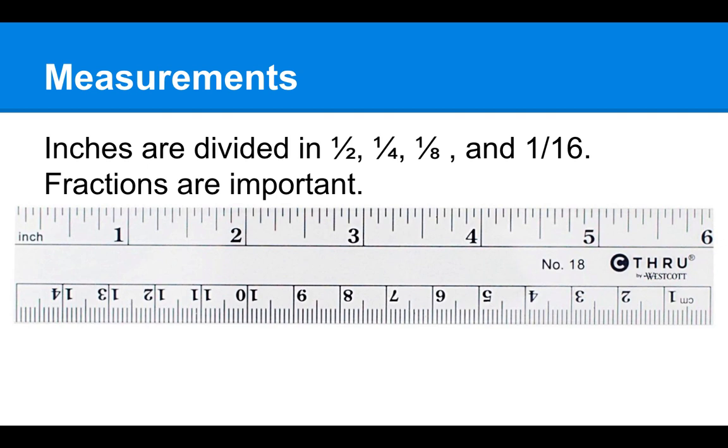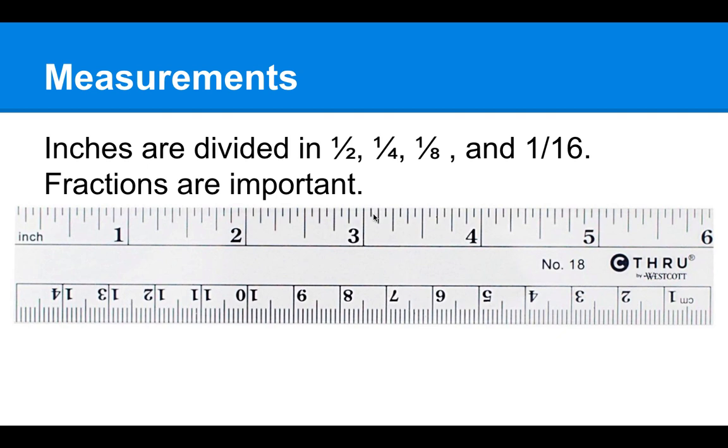Standard measurement is in inches, and inches are divided into halves, fourths, eighths, sixteenths, and even thirty-seconds on some rulers. So for standard measurement, what we use here in the United States, fractions are incredibly important. The way you would look at this is 3 inches. This mark would be 3.5. This mark would be 3 1/4, 3 1/8, and